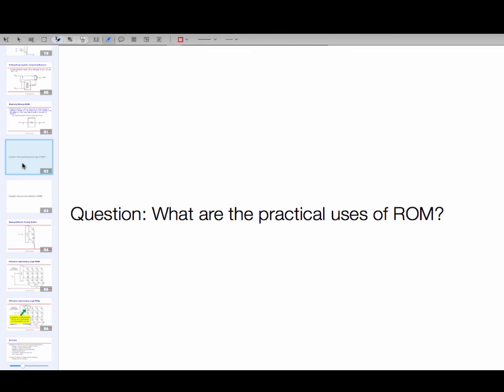For example, have you ever gone into customizing your Android phone and all? Have you heard the term custom ROMs? Anyone? I see you shaking your head. Okay, so that's because our phones have this fixed piece of very low level software, which drives the radio, the low level operating system and all, stored in ROM.